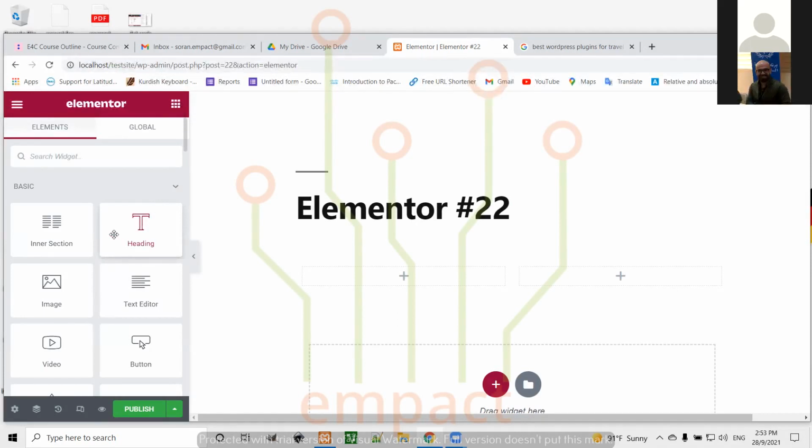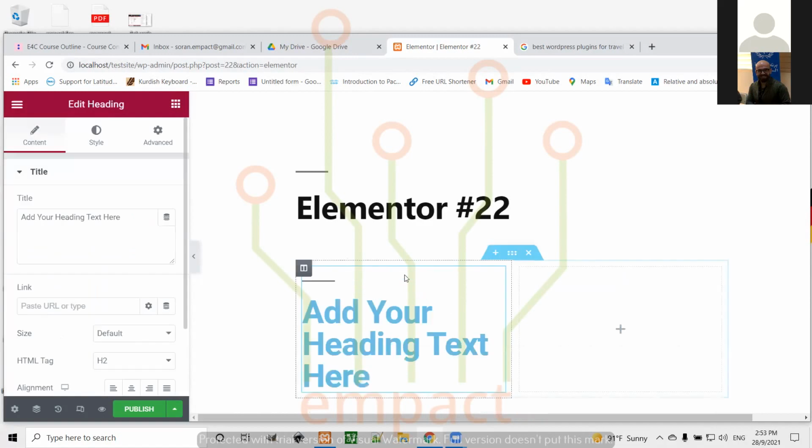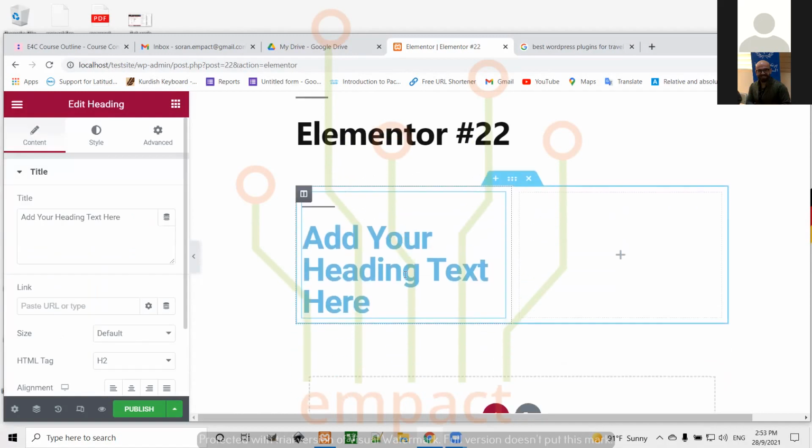As an example, I can just grab the heading. How to grab it? This is one of the best features, because you can just do it by drag and drop. So you don't need to spend more time creating and doing this and doing that. So what I'm doing, I'm just adding this heading, click on it, drag and drop, come here. When it shows you this blue highlight, it means that you can just put it here. I will just release the click,